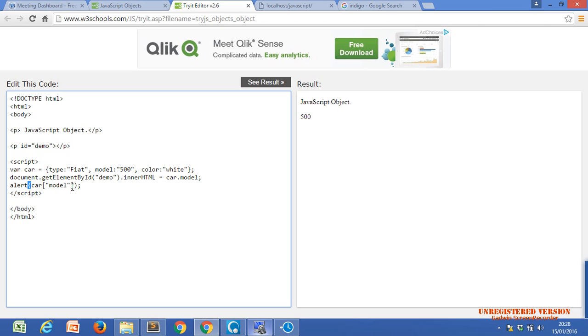Alert is a function, so we should use small brackets for every function. This small bracket is for alert, opening and closing, but the big bracket is for our object type variable. You get the point, Kushi?